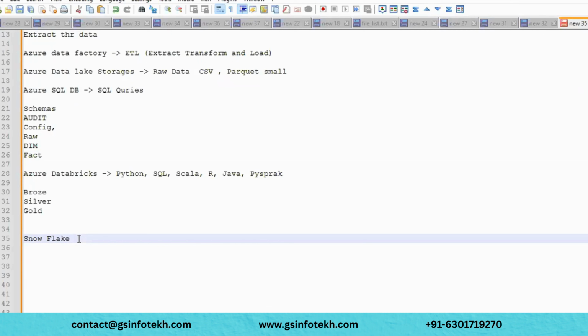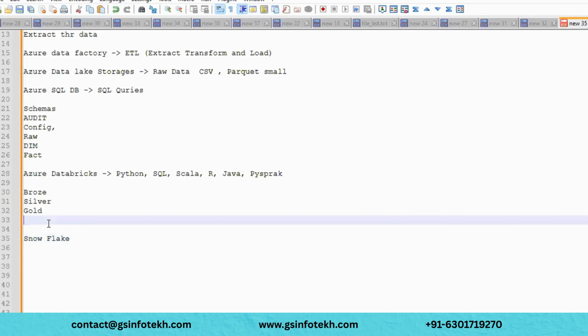Sorry to interrupt, Anil. Can you explain what this bronze, silver, and gold is in Azure Databricks? Yeah. Here we have something like Unity Catalog. That is a different concept that we will cover in upcoming sessions.